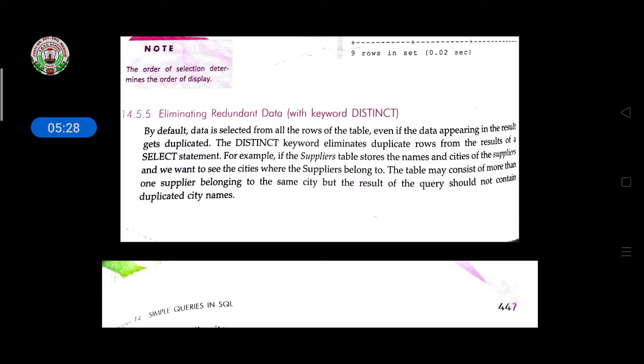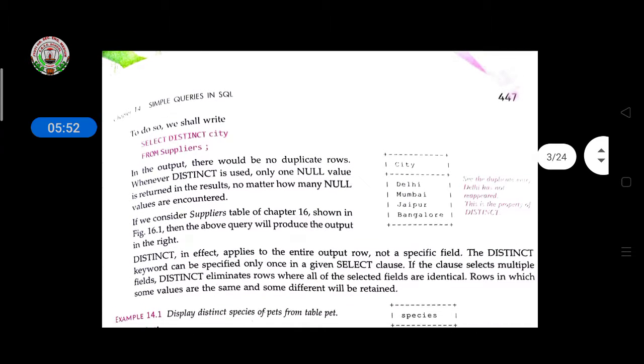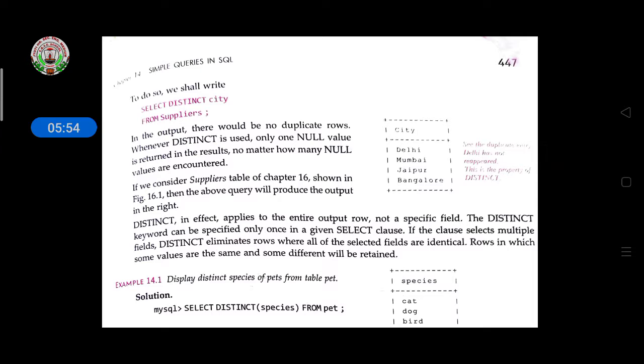For example, if the suppliers table stores the names and the cities of the suppliers, and we want to see the cities where the suppliers belong, the table may consist of more than one supplier belonging to the same city, but the result of the query should not contain the duplicate city name. DISTINCT eliminates the duplicate rows. If you want distinct, then you have to give select distinct city from suppliers.